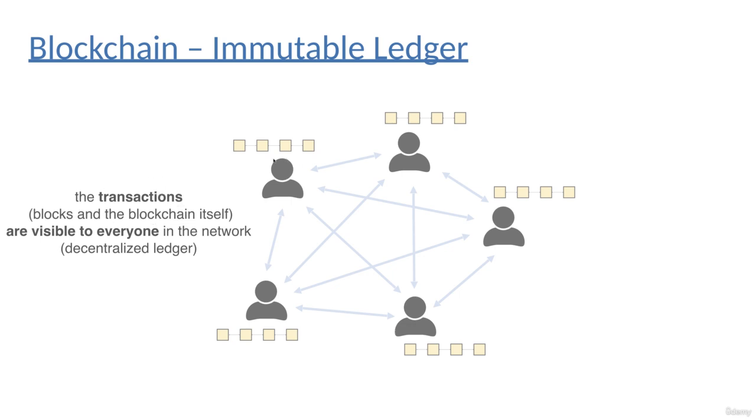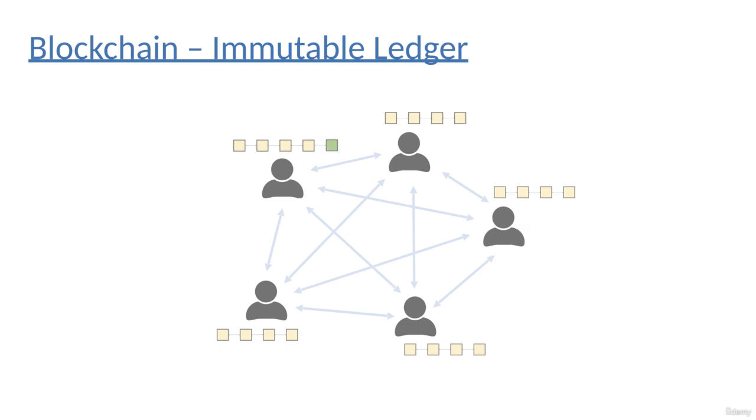And let's assume that a given client wants to send money to another client. So what's going to happen? There's going to be a new block in the blockchain. Every single block contains just a single transaction, so there is a new transaction. So the given node must notify all the other participants of the network that there has been an update to the underlying blockchain, and they are going to accept the given block, and of course the blockchains will be updated